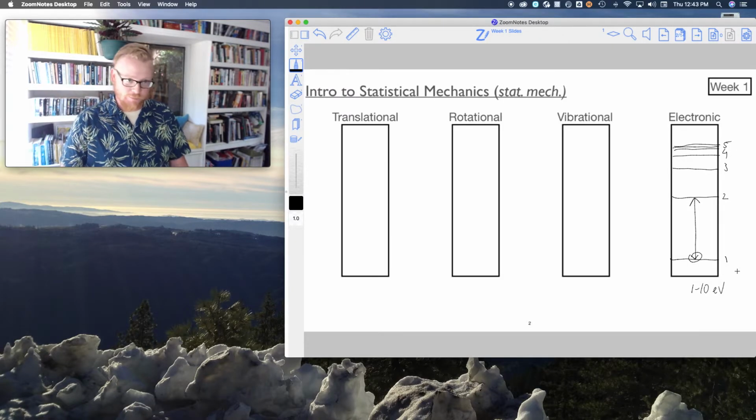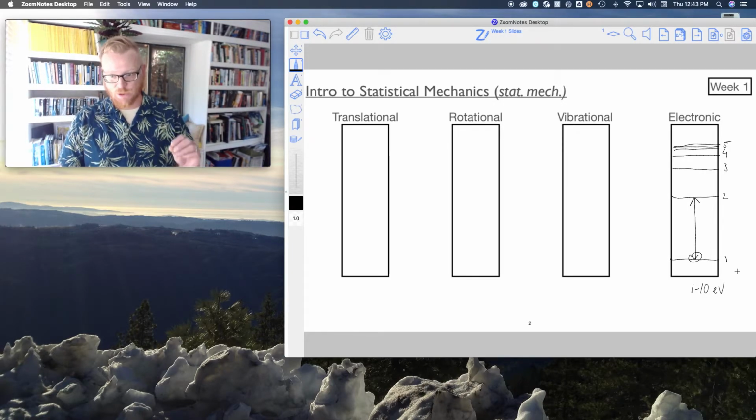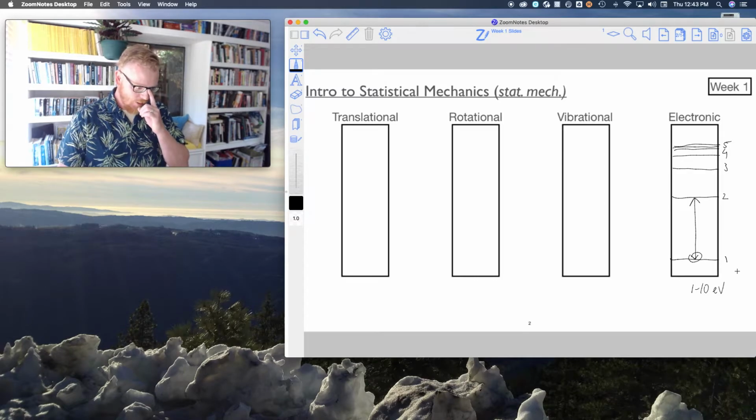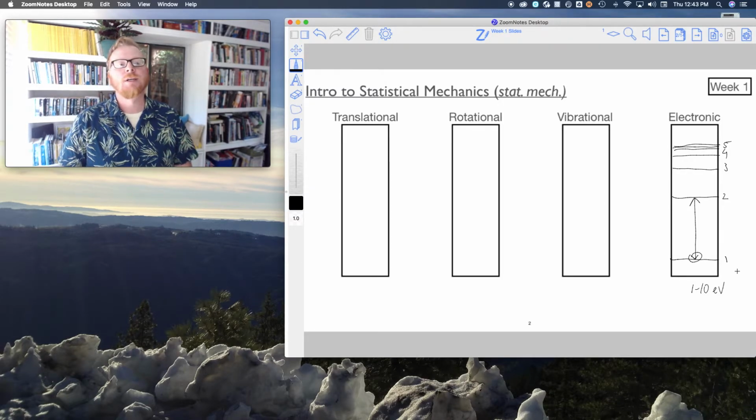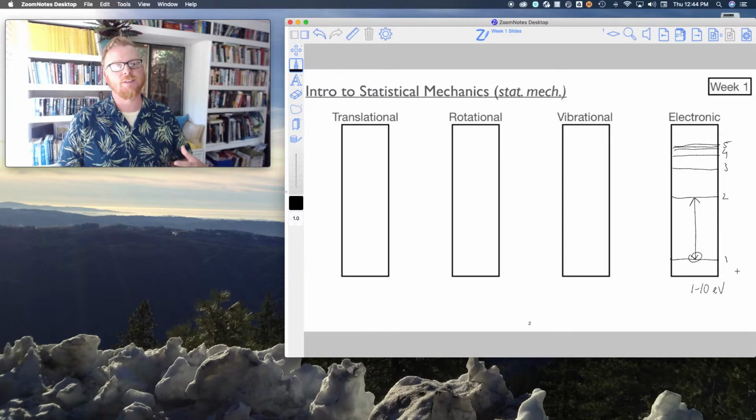So 10 electron volts is about 10 to the minus 18 joules. And that's joules per single molecule. But what if I wanted to talk about joules per mole? Even more appropriate units would be the kilojoule per mole. Well, this same quantity of energy, this 1 to 10 electron volts, is about